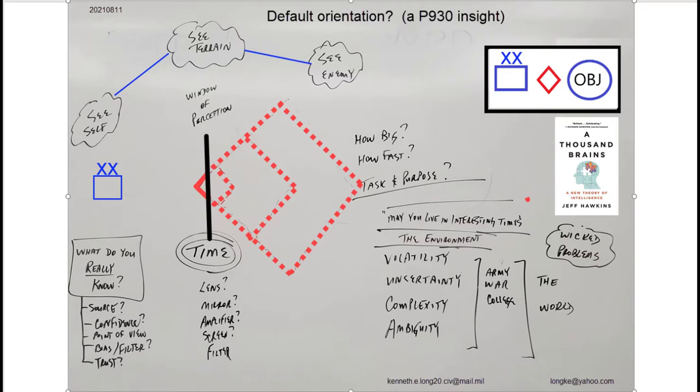So I want to tell a little story about a P930 insight on the subject of identifying our default orientation to new and surprising problems. So I was co-teaching with the great DTAC instructor Tim McCain, and we had just finished some readings and discussions